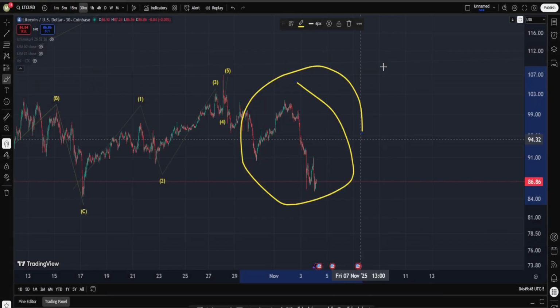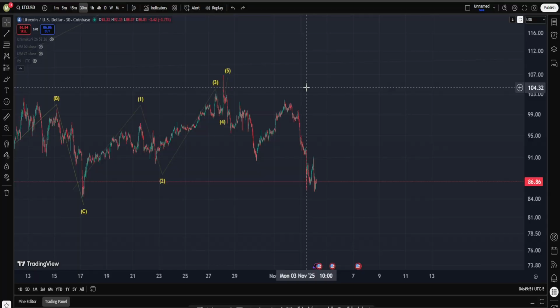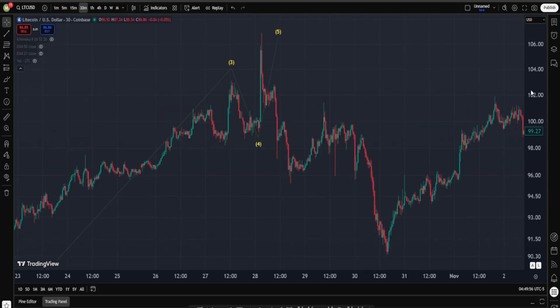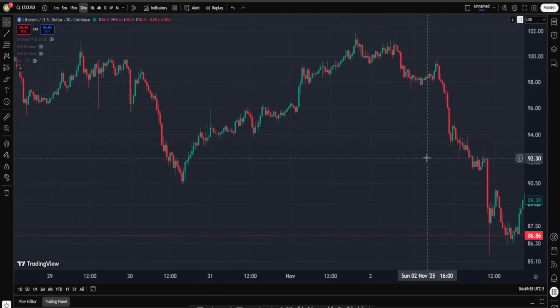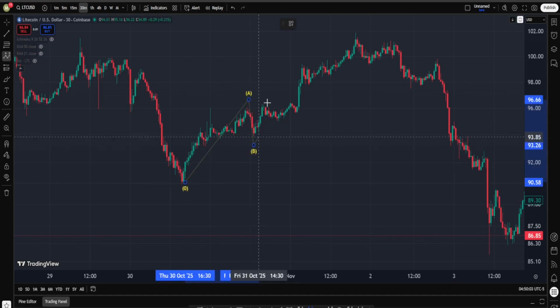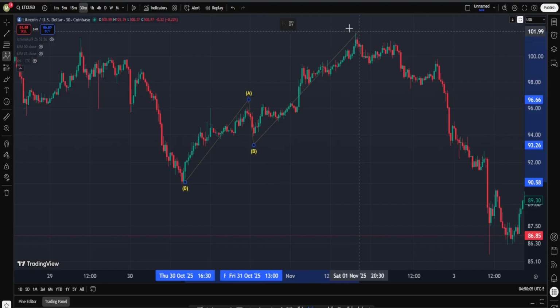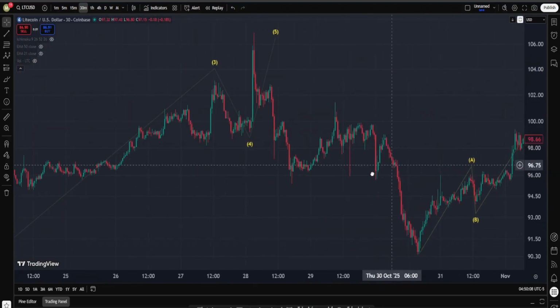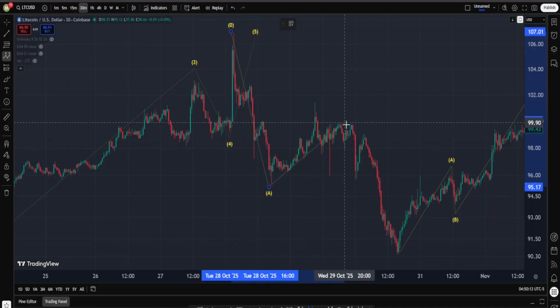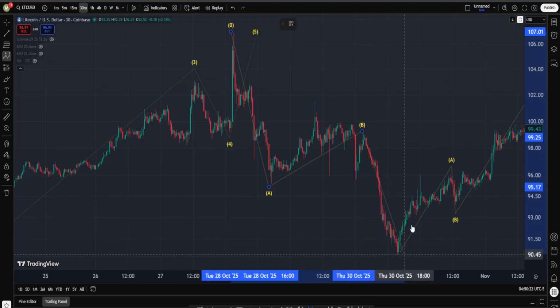And I think I might be able to talk about some optimistic scenarios in here, since this can be, excuse me, let's zoom in more. I'm going to say probably yes. An A, B, and then 1, 2, 3, 4, 5 wave up into our C leg to about the highs. And this, please pay attention, is most likely going to be an A, then a correction for wave B to about this point, maybe something like a flat structure? Yeah, actually I'm going to say that, and then another move down into our C leg.